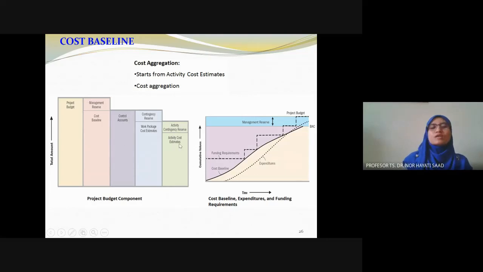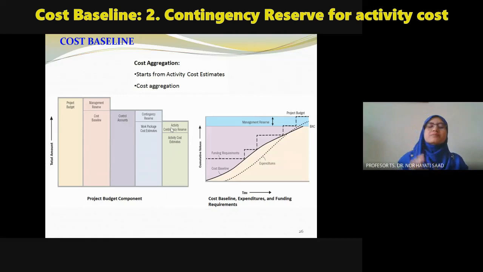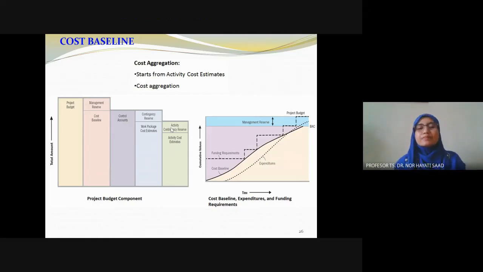First, when we estimate the cost of all activities on the resources, then we have a certain portion that we put as contingency reserve. It depends on the situation, it depends on lessons learned. It can be up to 30%, or it depends on the margin which the company needs to put. So the team of course needs a reason for how much, to secure. This is like a safety factor, to ensure that you don't miss any cost. So the moment you have that, it is the entire cost for the work package cost estimate.